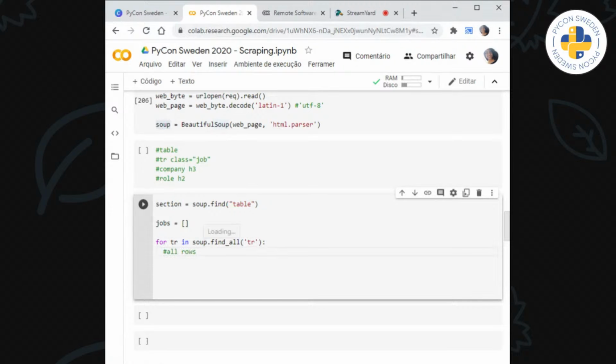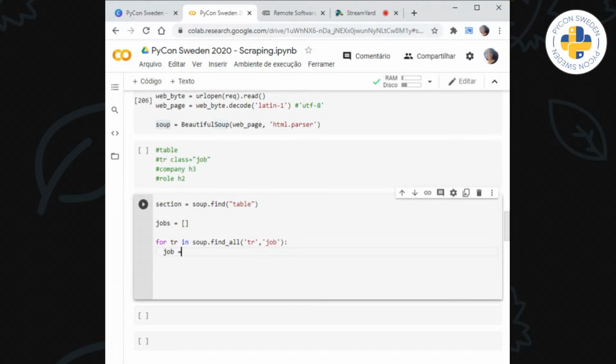But as we saw, there are rows with random content. So what we actually need is all the rows that have a class called job. Right now we should be getting all the parts that have the job's content. And what we want is to have the company and the role.